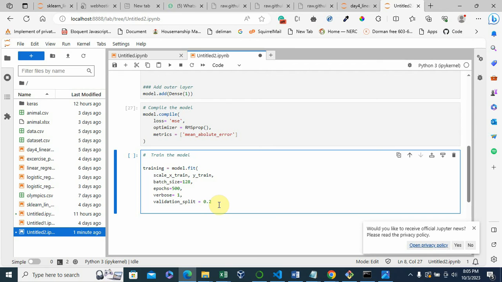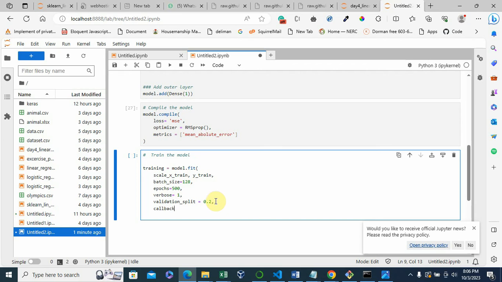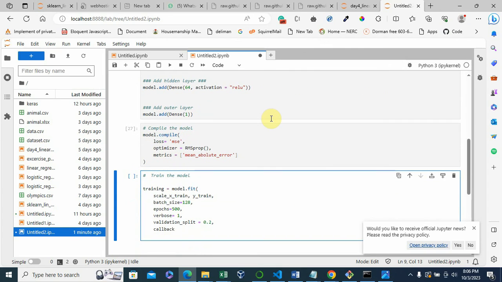And again, another thing that you want to put in is to define a callback. A callback function is there to ensure that, as I mentioned earlier, I asked how do you know how many hidden layers are enough? How do you know when enough is enough so that I can just jump into the output layer?